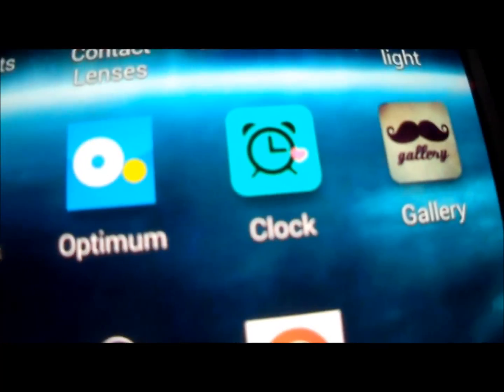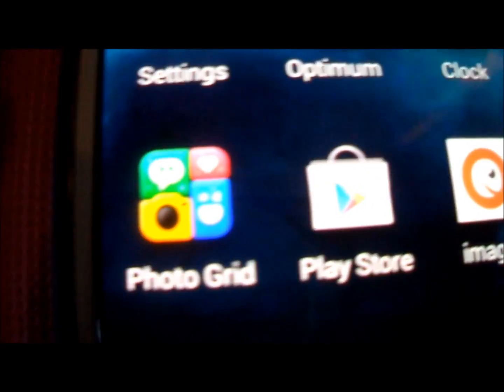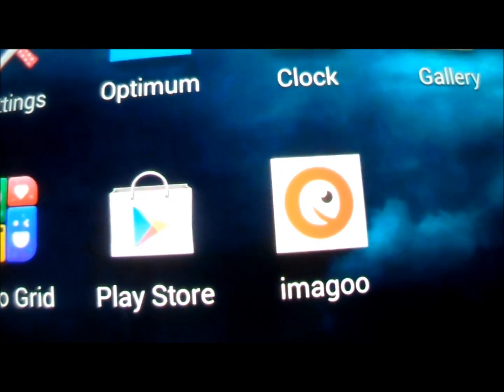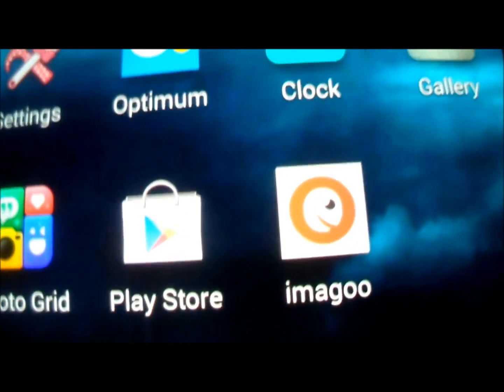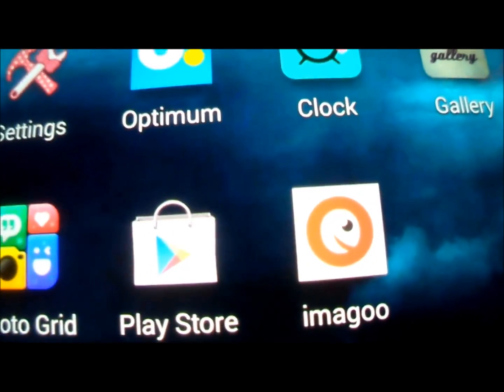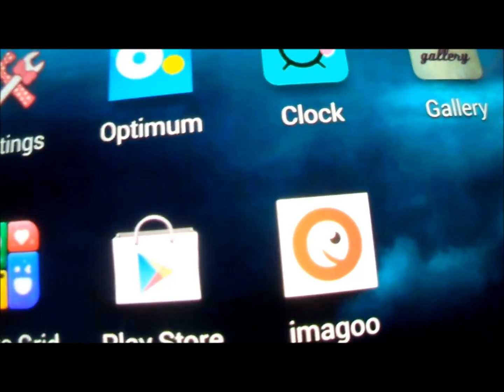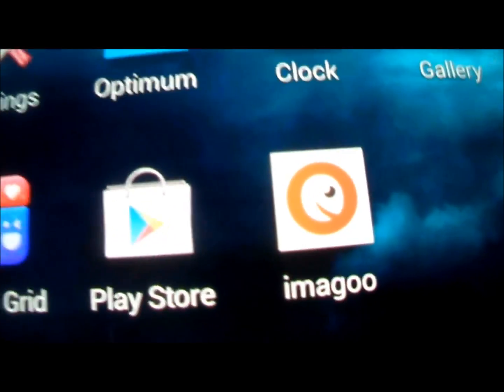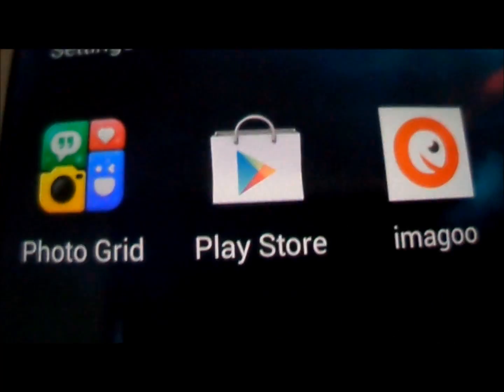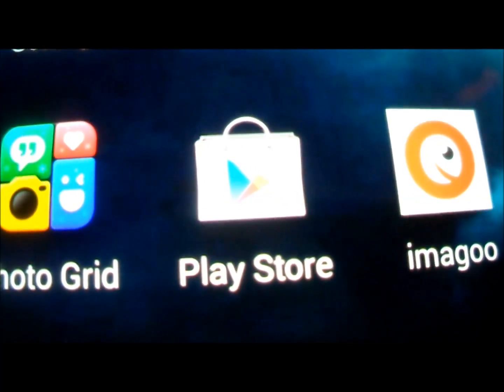And then settings, Optimum, the clock, gallery, PhotoGrid, the Play Store, and Imagu. I don't know how to say it, but it's just this app where you like certain pictures, like different stuff. I just started using it today, actually. And then you could get certain points, and you can get rewards, which is really cool. I have my Play Store there, which is like an app store for Galaxy. And yeah, the third page is